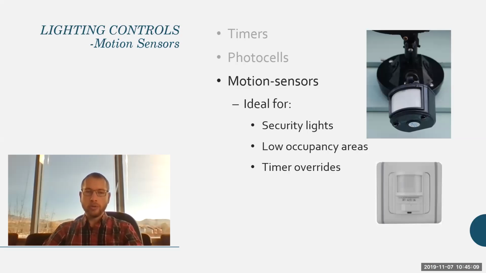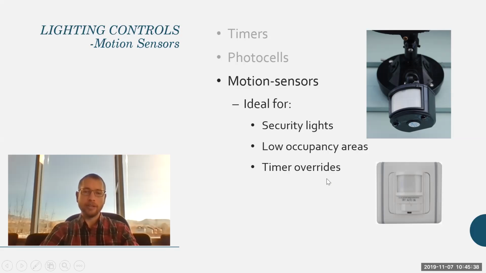The third control type for lights is motion sensors. You've seen these with, say, security lights, a little infrared sensor that detects motion. These are great for, say, janitorial closets or break rooms, low occupancy, but somebody might walk in there every once in a while, and this is a nice way of automatically shutting the lights off after they leave,